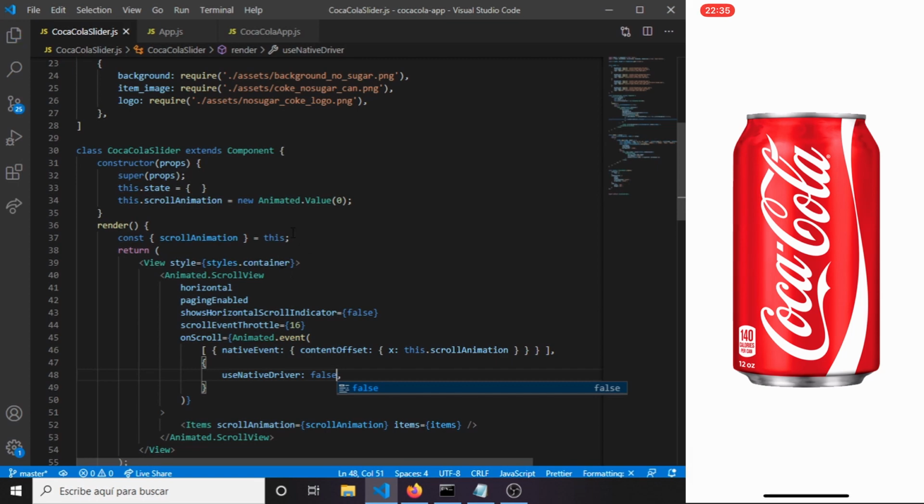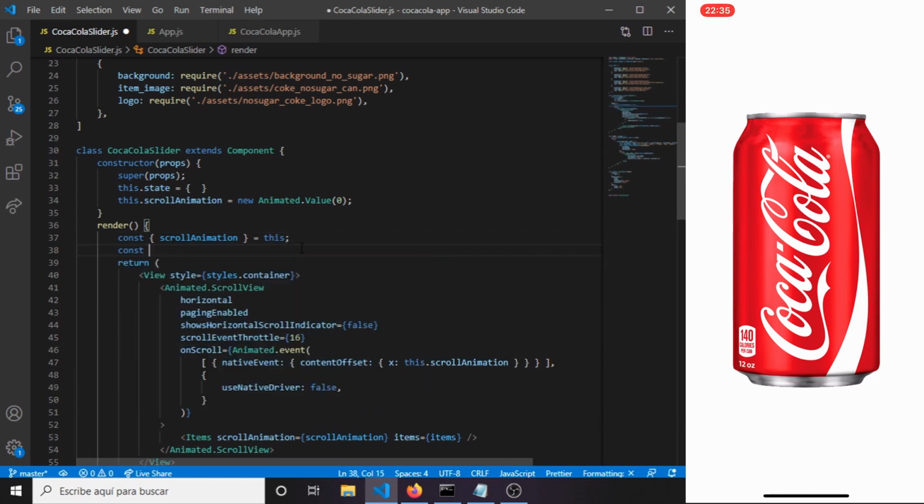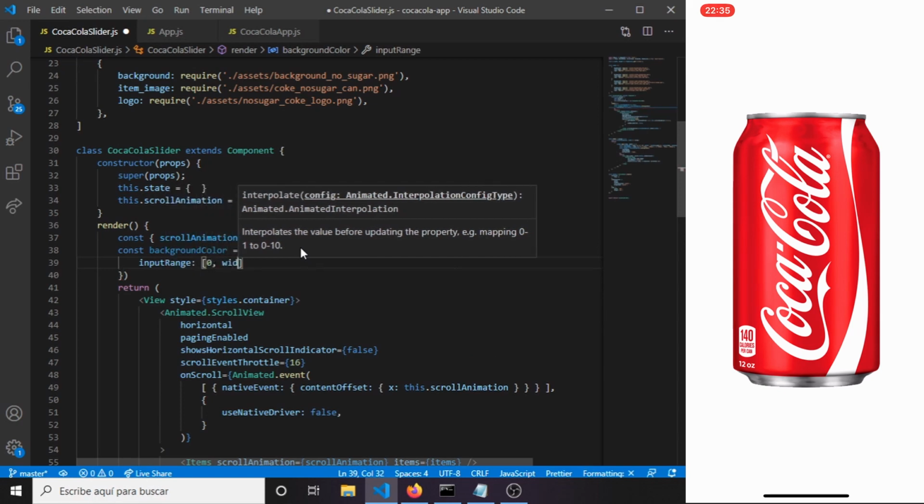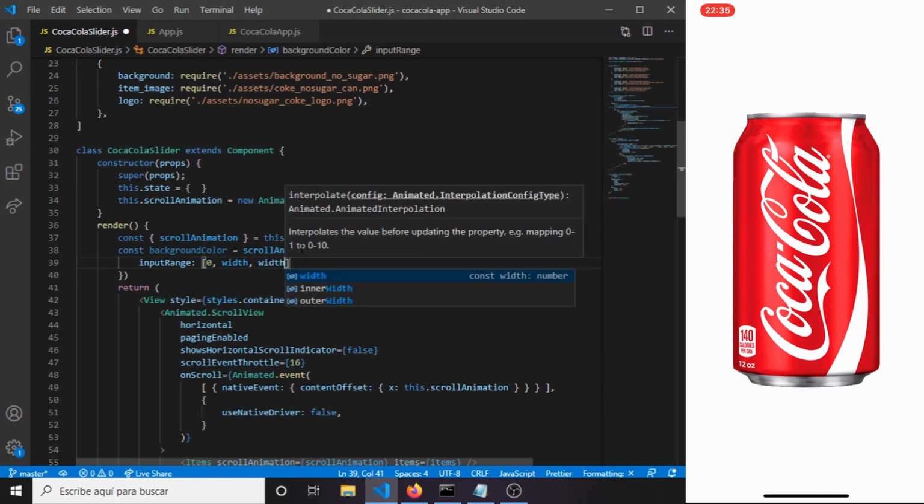An easy way will be this, background color, scroll animation, interpolate, input range 0, width, two times width,